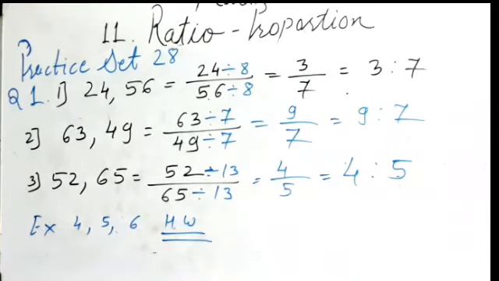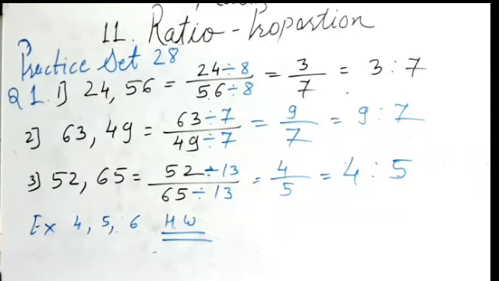Okay. In this question I have already solved the 3 examples. In the first 3 examples you must find the highest common factor and divide with the same number. So you must learn the tables for this. Again I am repeating, you should know the tables, then only you can divide it by the same number.